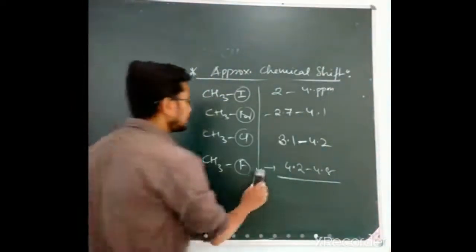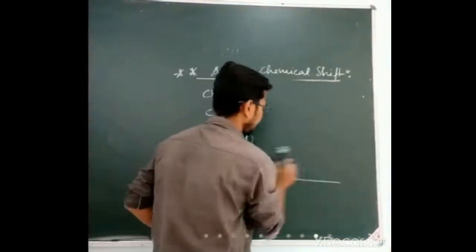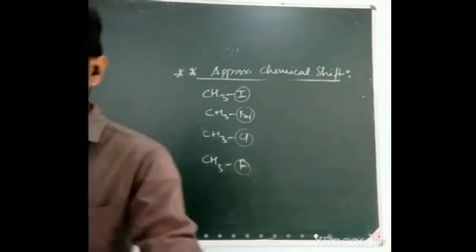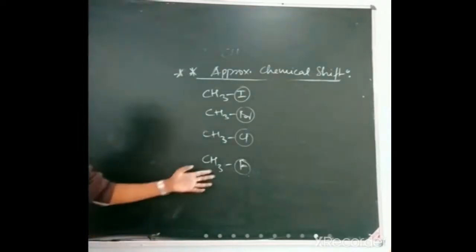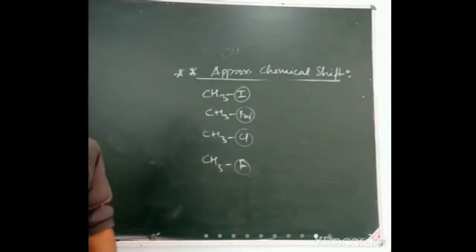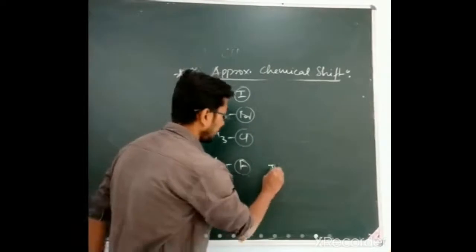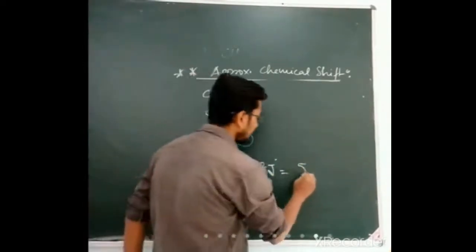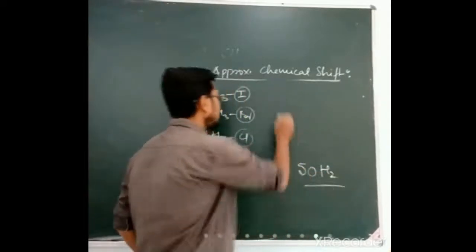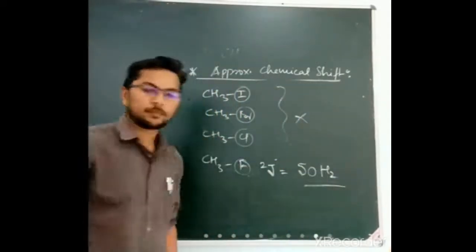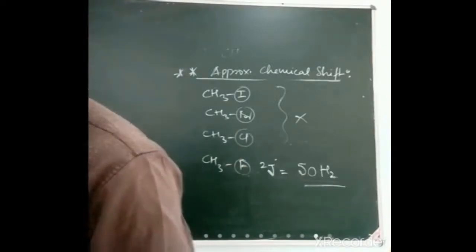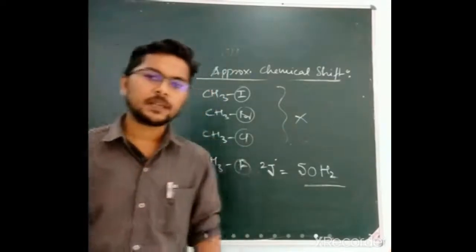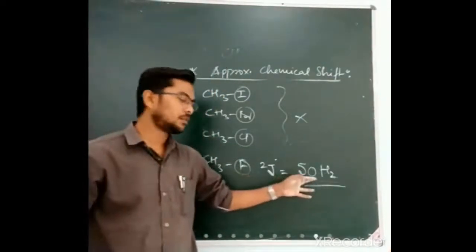Now fluorine is NMR active. So since fluorine is NMR active, when there is a coupling between fluorine and the hydrogen atoms, that is your J2 coupling. We will discuss this also later on. This is very high, around 50 hertz. Others do not show J coupling in your spectra because they are not NMR active, but fluorine, being NMR active, shows J coupling, and this J coupling is around 50 hertz.